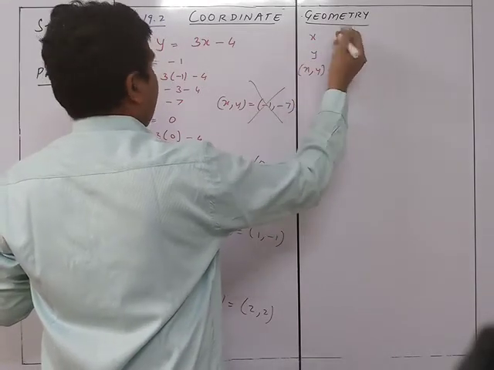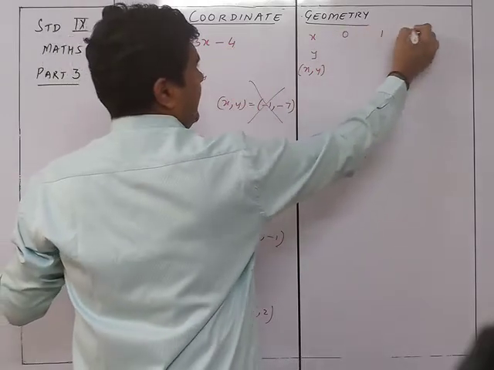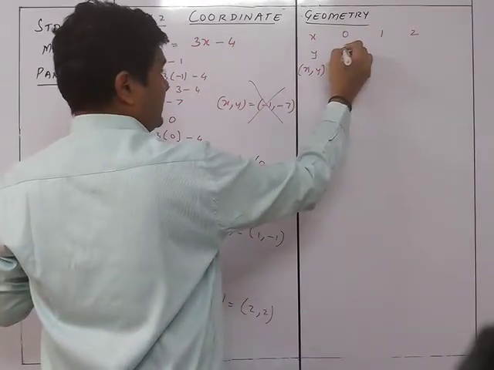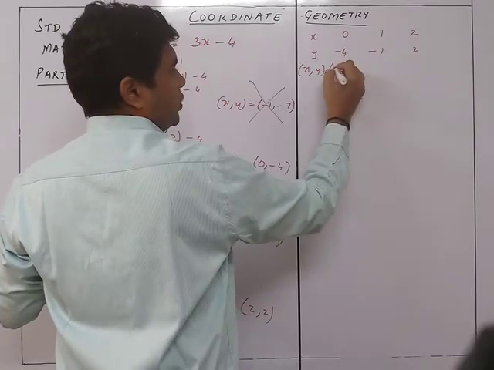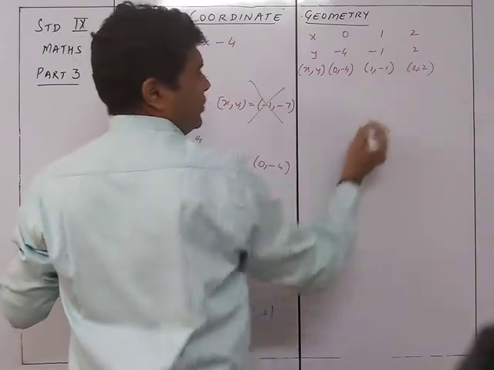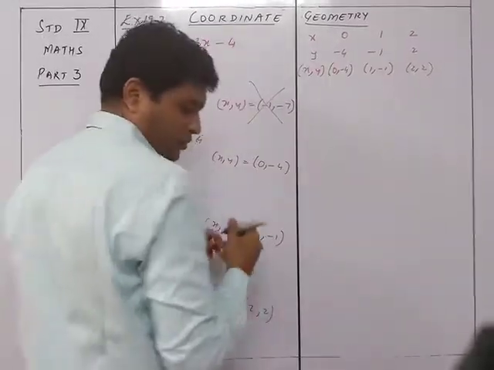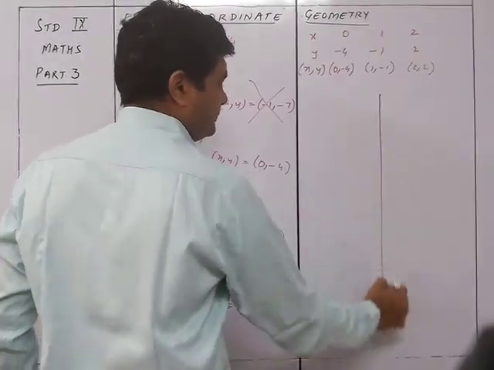So that will be, we will not take x as minus 1. We'll take 0, 1 and 2. 0 will give you minus 4, minus 1 and 2. So this is the 0 comma minus 4, 1 comma minus 1 and 2 comma 2, which we are going to plot on the graph. So we have this particular graph. So on the graph,